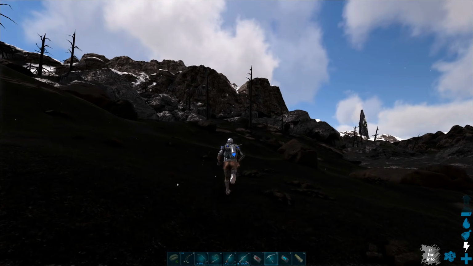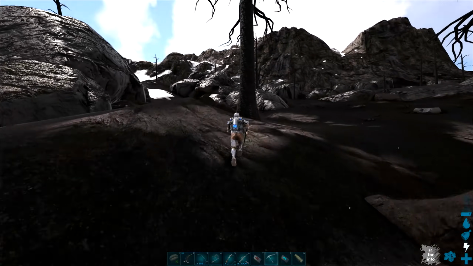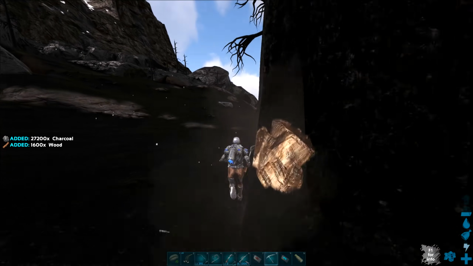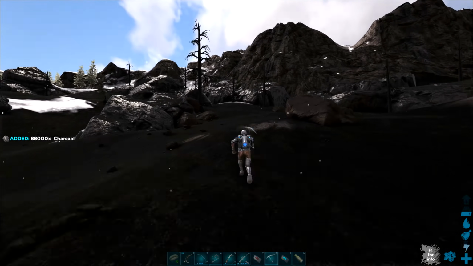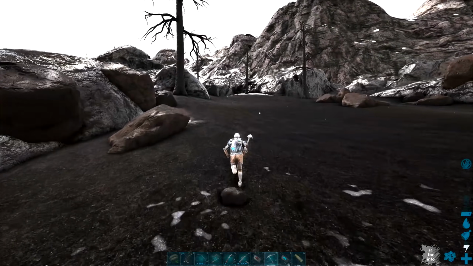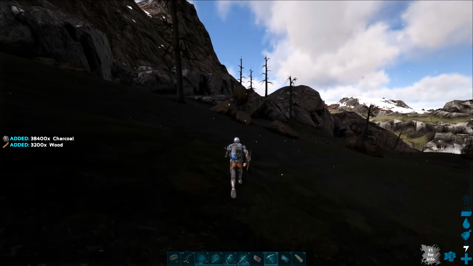So I don't actually normally do this, but we are going to have a heck of a lot of turrets in this base. So I'm going to need absolutely loads of charcoal. To be honest, sometimes I just rely on the bullets that you get from drops, which can be a lot, but I want to have a nice strong start nice and early. So I'm actually getting charcoal, and as you can see...